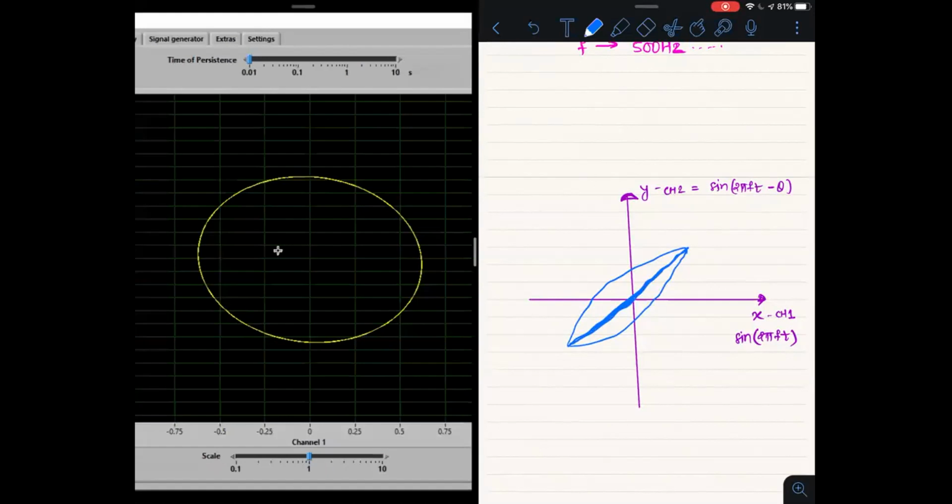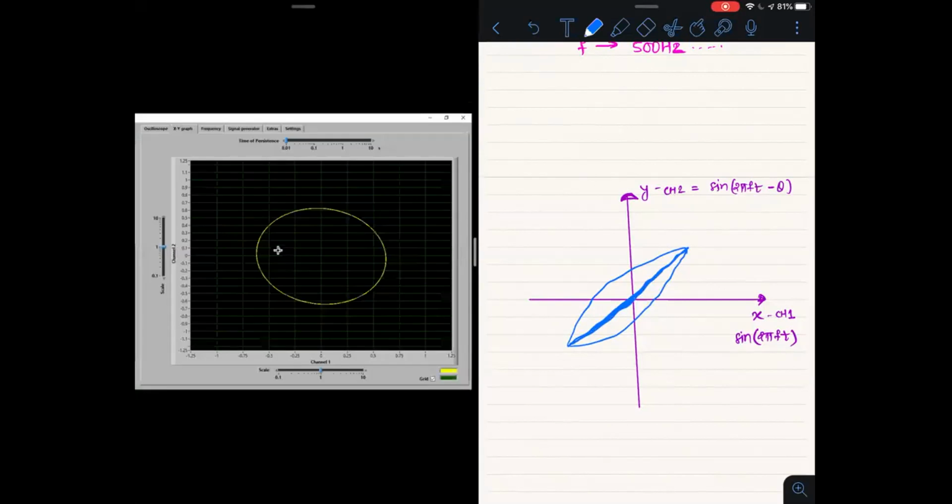It is not exactly a circle, because I think these sliders are different, but this should be a circle ideally. But always keep in mind, it's not an ideal circuit, it's a real-world practical element. That's why it does have a little non-ideality.